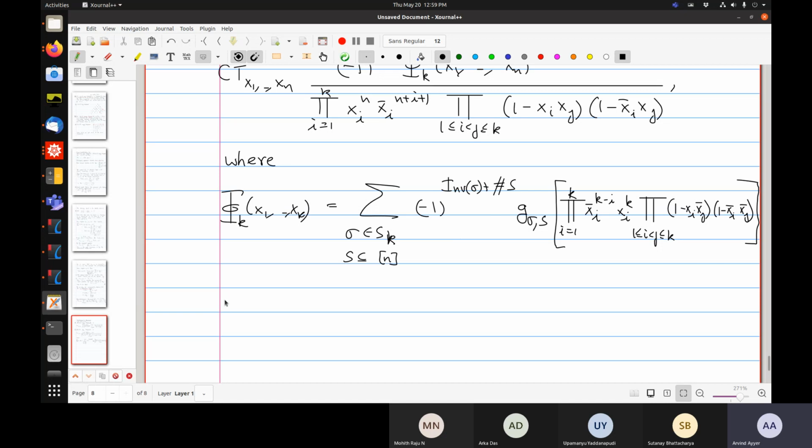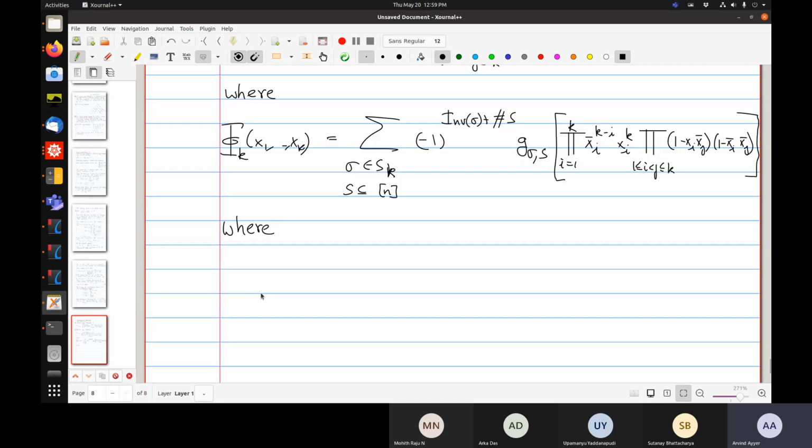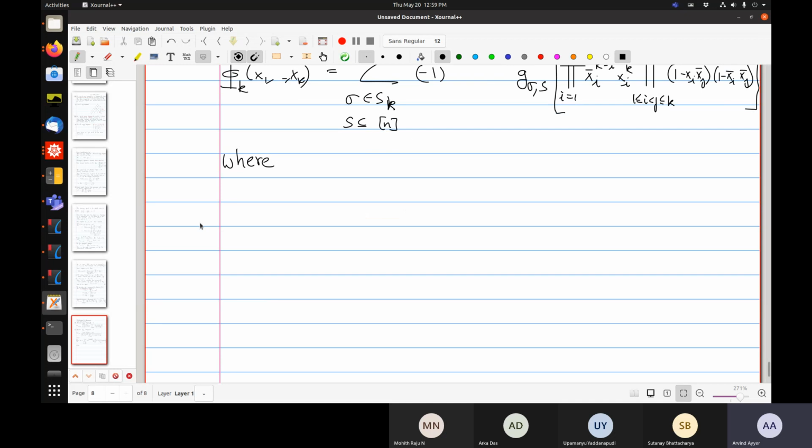Okay, what is this operator? So it's really a horrible expression, where G_sigma,S acts on formal power series in x_1 to x_k, right? This is a formal power series by